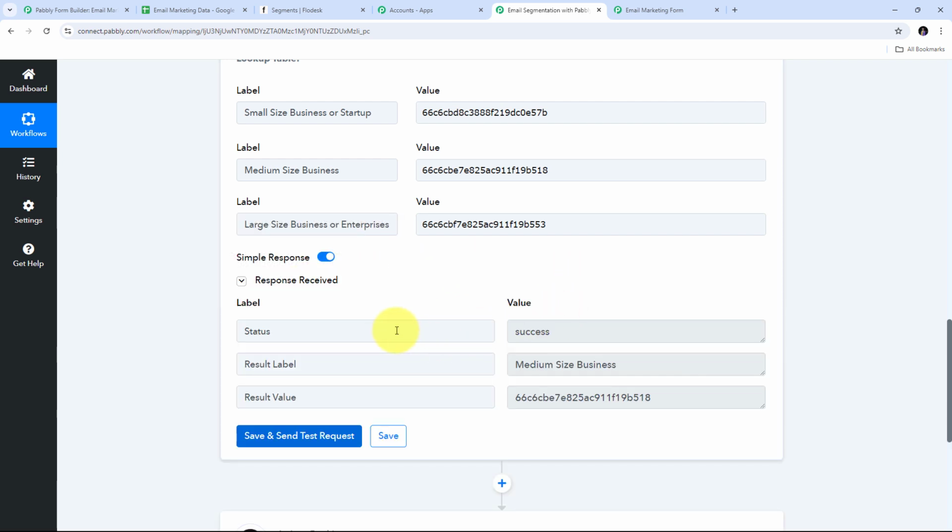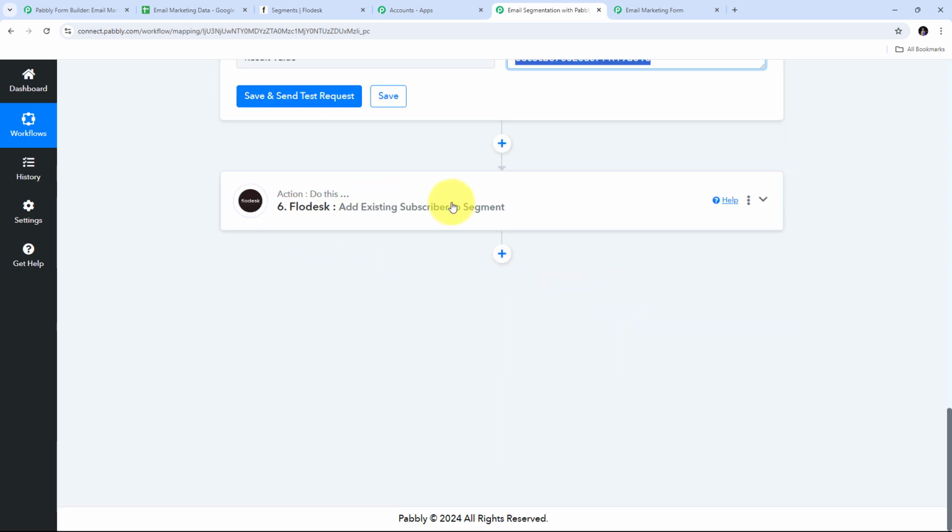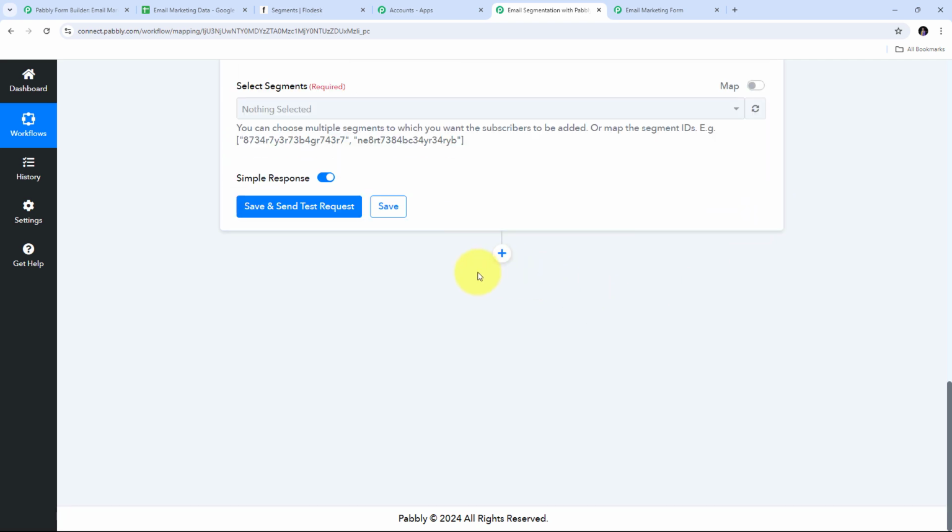And here I have received this response. So in this response, I have received the result value, and in this value, I have received my segment ID. Now I have received the segment ID that is associated with my business size, and now by using this segment ID, I can add my subscriber in a particular segment. So I'm going to scroll down, I'm going to open the response of Flodesk, and here I need to first